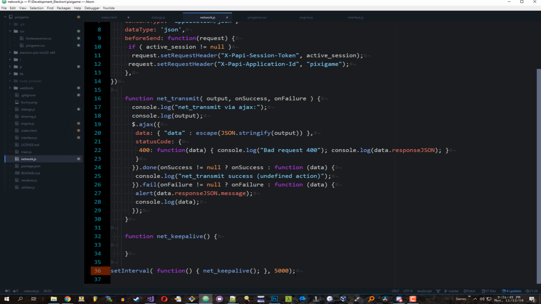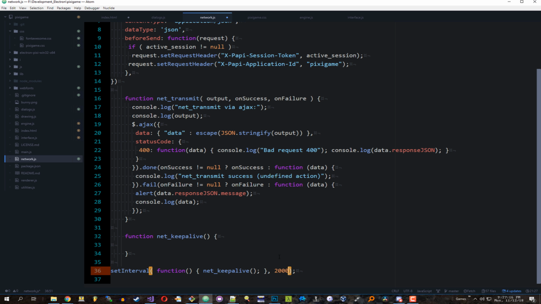So I could increase this to say 1,000, but I don't want to bother the server too much either. So I'm going to leave it at 5 seconds for now. Maybe that'll be an option, but I doubt it. Something like that. Maybe 2 seconds is better. I mean, does it really matter if you haven't heard from somebody in several seconds? But I'm going to leave it at,